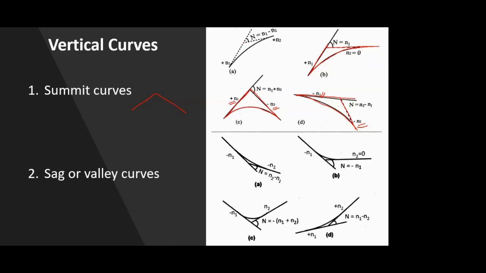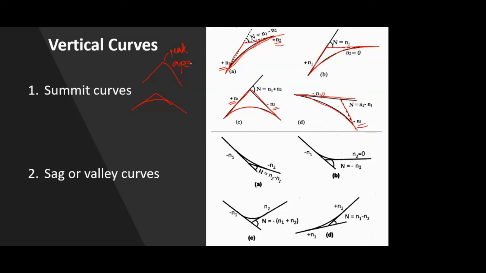And lastly, two up gradients. The first one is steep, n1, and the second one is a bit milder. In that case also, whatever curve is formed, that is a summit curve. So a summit curve is in the form of a peak of a mountain. If you consider a mountain, it has a peak. Likewise, a summit curve also has a peak, or it is also called the apex.